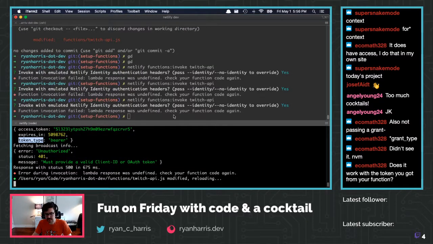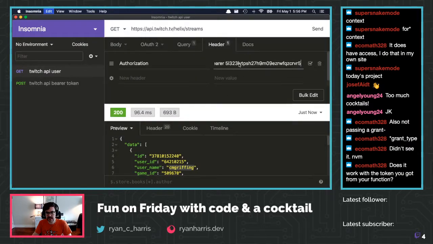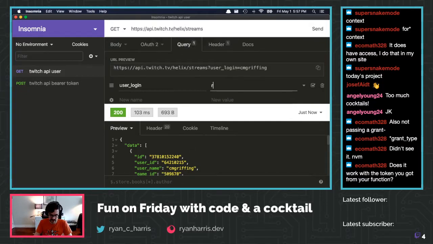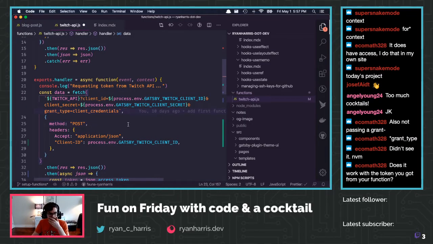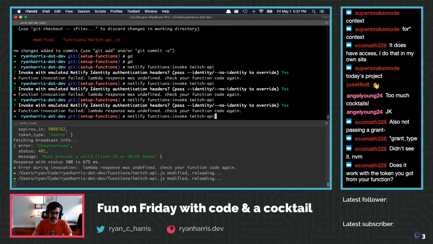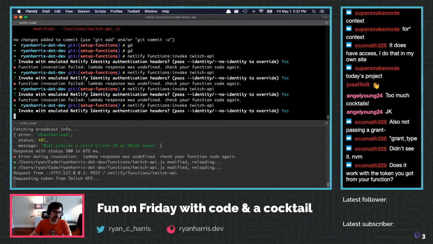Yeah, let's prove that out. Let's just take the latest one, go in here, change it. Yep. And we can prove that it actually updated because I'll just get my own information and that's back. So it's totally working. The only difference here is I'm passing the client ID, which I don't believe I need to. However, when we make the request without it,